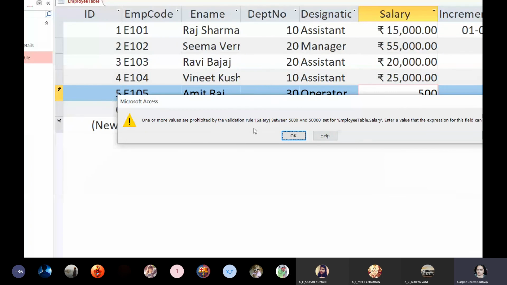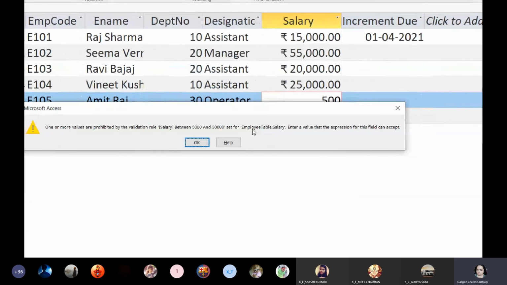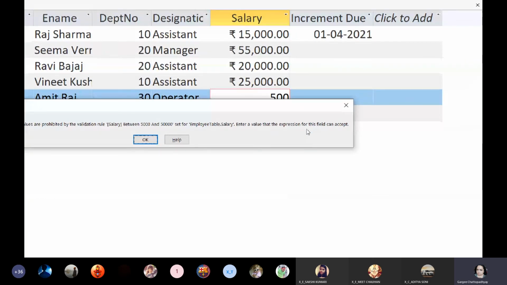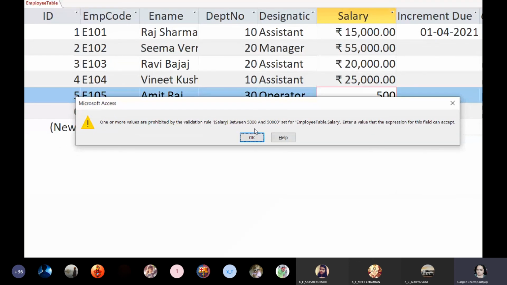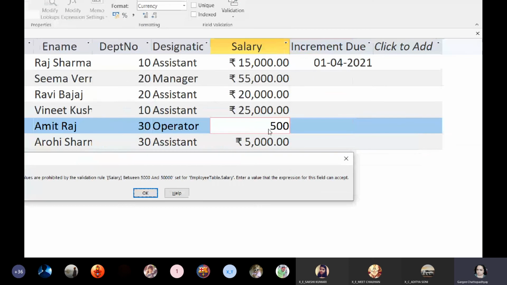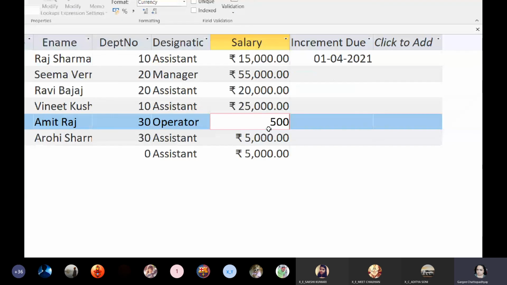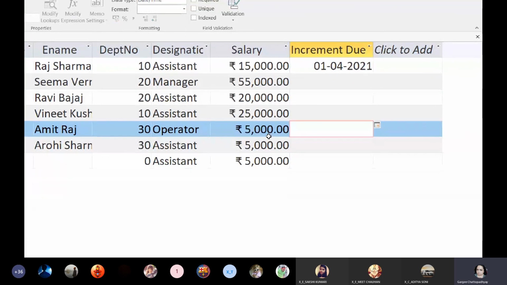One or more values are prohibited by the validation rule set for this table, and enter a value expression for this so that this field can accept. So why did it give me the error? Because I entered some value which was less than 5,000. So it will not allow me to save the value till I enter minimum 5,000 over here.